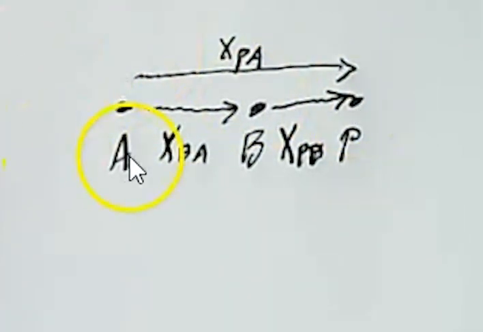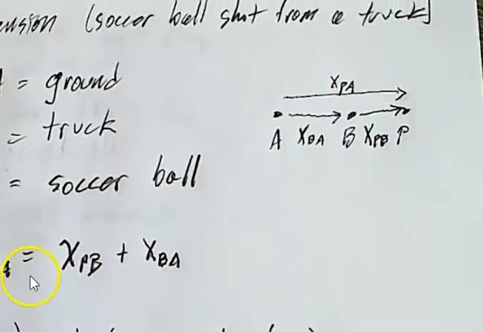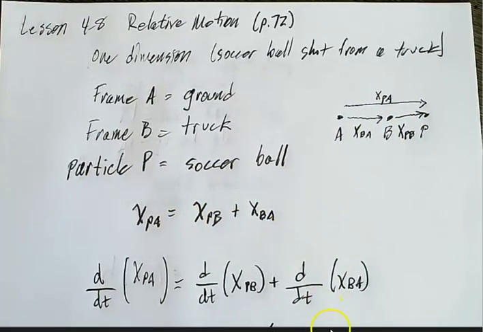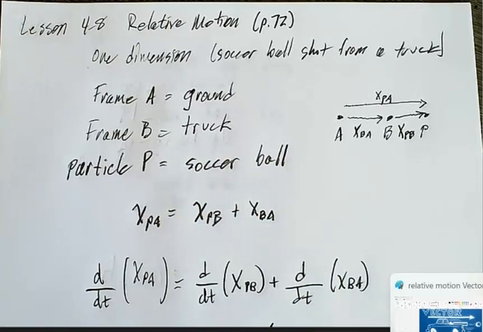So the ball is this far away from my reference point on the ground. Meanwhile, the truck is at a different spot, so the ball's position with respect to the truck is x of P with respect to B, the particle with respect to B. And so you can see, using vector addition, xBA plus xPB equals xPA. So I've written that equation here, and when you look in the book, you see that same setup,